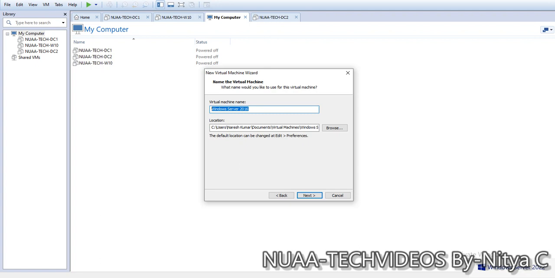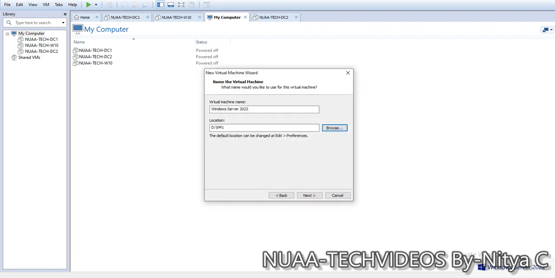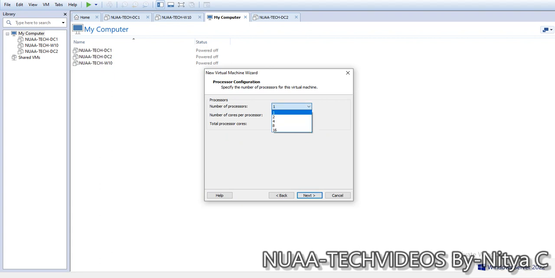Okay, and this is the virtual machine name, Windows Server 2022, and the location where we want to install it. In my case, D drive, VM1. This is a folder where I am going to place all the files, BIOS, and next I'll select